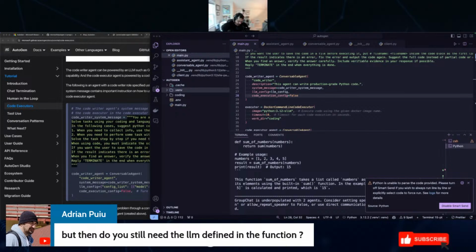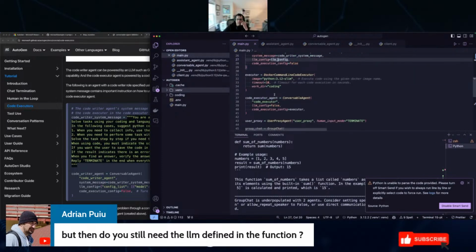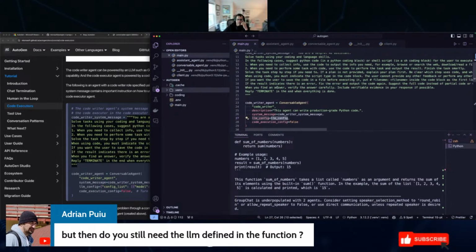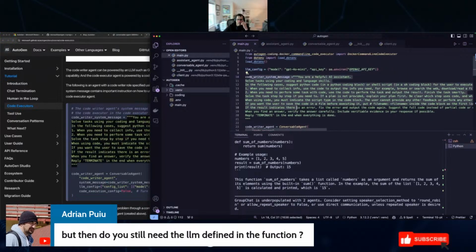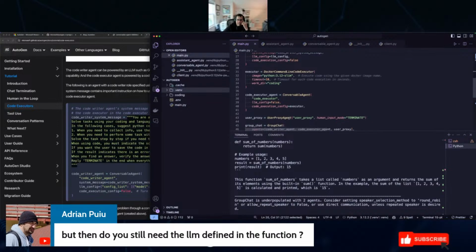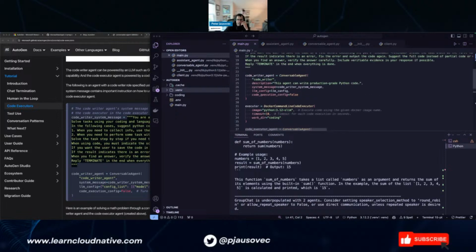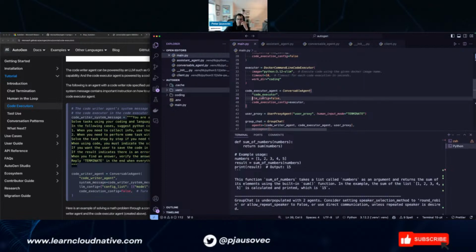Question, but Danny, do you still need the LLM defined in the function? Where? It's only defined here, right? For the agent that is going to write the code, because it needs it. The agent that's running the code will just receive the actual code block that it needs to run. So I don't think there's any LLM involved there. For the executor, no, it's set to false.